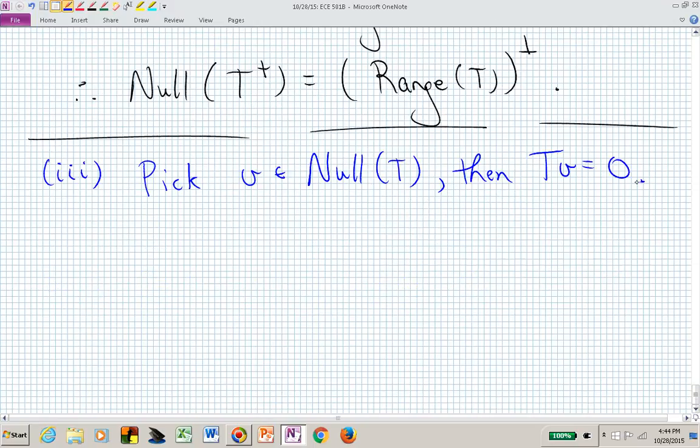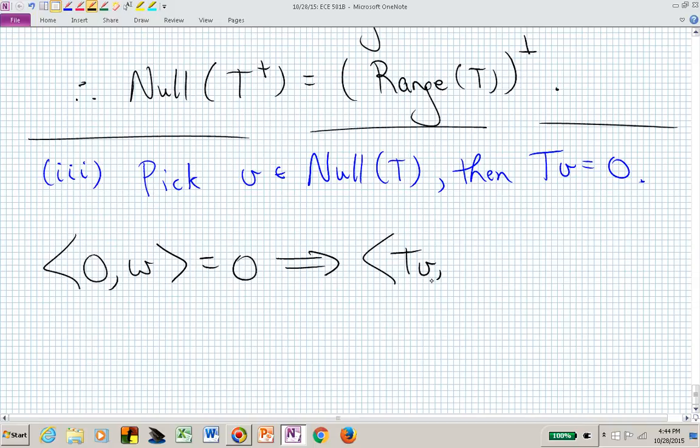And we can use a similar approach to demonstrate what we need to demonstrate. We know that the 0 vector is orthogonal to all vectors, and now we want to use the particular 0 vector of TV, where V is any vector in the null space of T, so that we now have TV inner product with W is equal to 0 for all W,